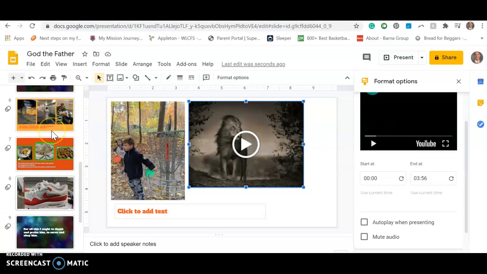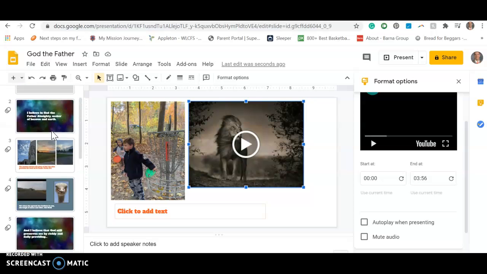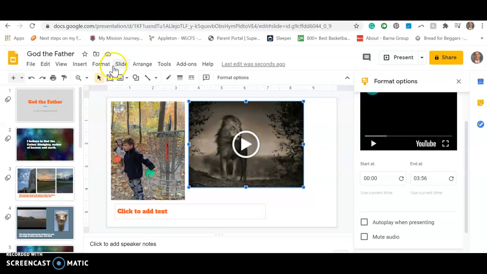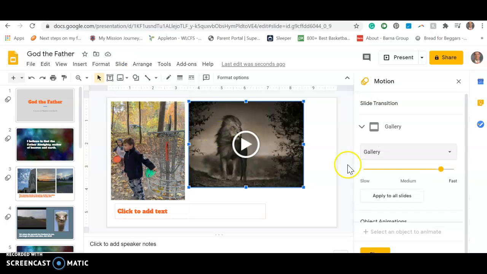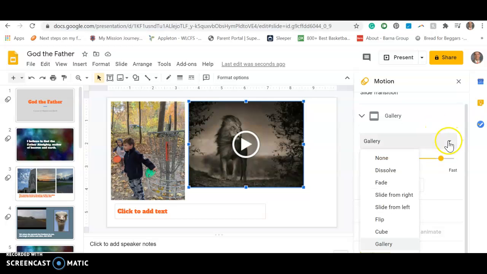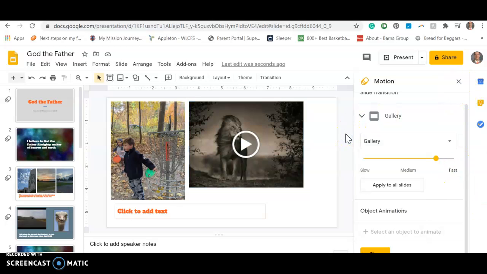The next thing is that all the slides need to have transitions on them. A slide transition, you go to Slides, you click on Transitions, and then you can choose from any of these options what kind of transition they want. And you can even adjust the speed at which those transitions take place. And then you can simply go and click Apply to All Slides. It's super simple. You could have different transitions on each slide, but you can also just have the same one